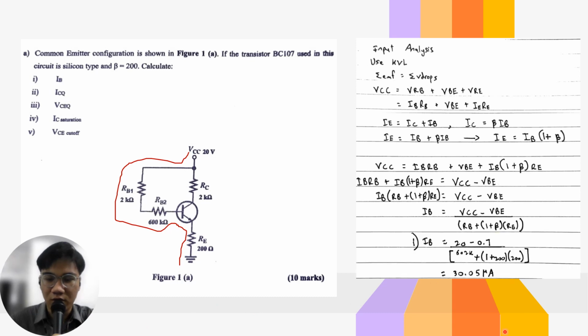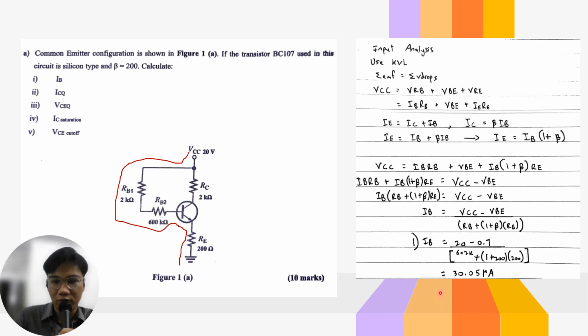Then we just have to insert the value, which will become IB equal to 20 minus 0.7 divided by 1 plus 200 multiplied with 200 and plus 602 kilo. 602 kilo ohm is the value of RB, which we get by adding RB1 and RB2 together because they are connected in series. So finally we get the value of IB, which is